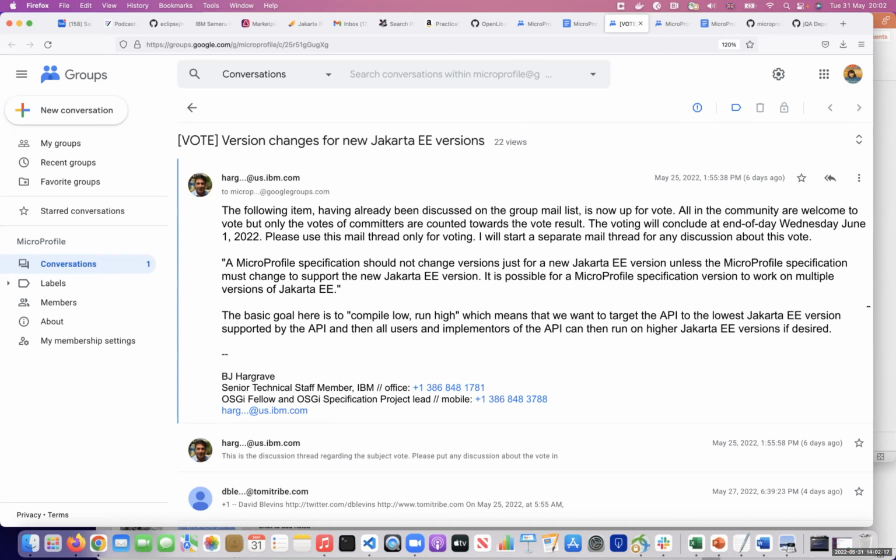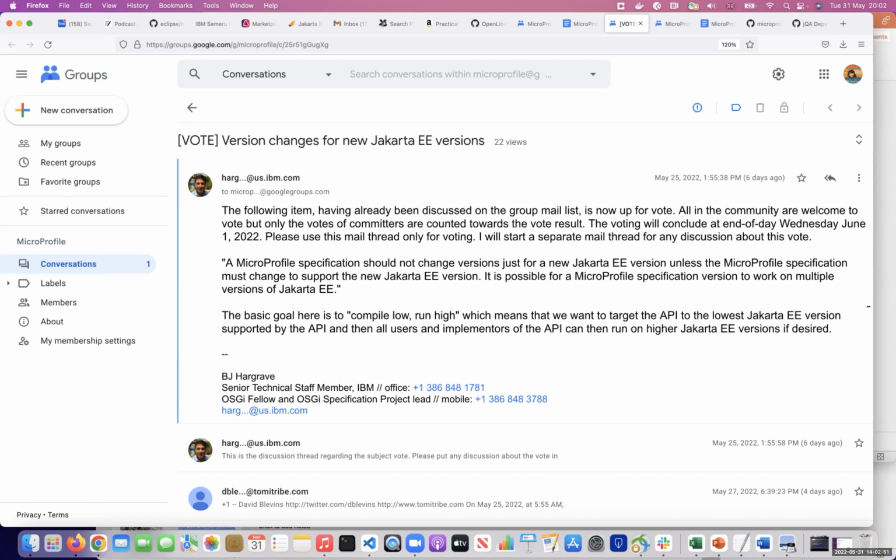Yes, the current practice and our infrastructure is to pull the whole Jakarta EE versions into the parent, and then all the specs directly inherit from there. And they match the profile versions exactly. Right.